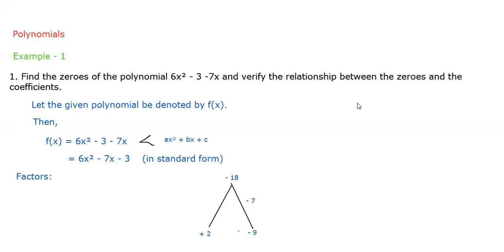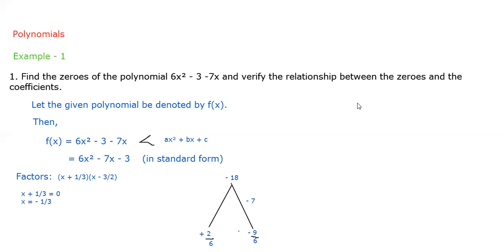We can't take these as the factors as such. We must divide them by a, because we have the coefficient of x² as 6. So I'm dividing both the terms by 6. Now our factors are x + 1/3, since 2/6 after reduction gives 1/3, and −9/6 after reduction is −3/2. These are the factors. Note this, these are the factors, not the zeros. Zeros are found only when you equate the factor with 0; then the value of x is considered as the zero.